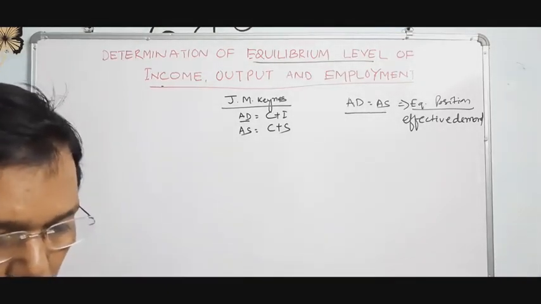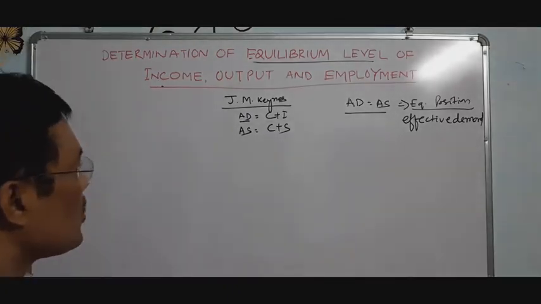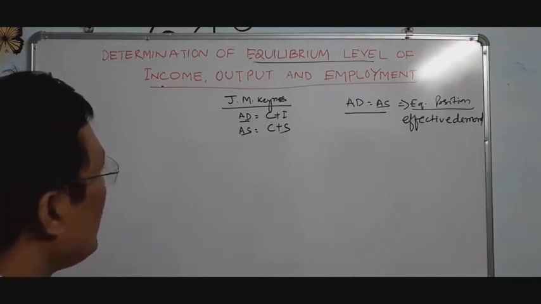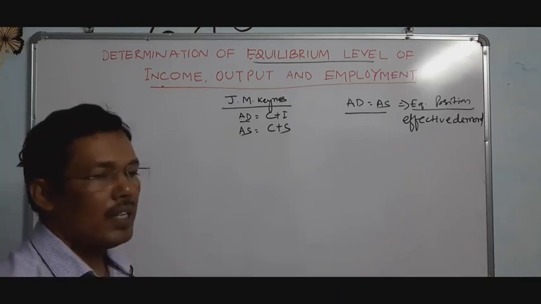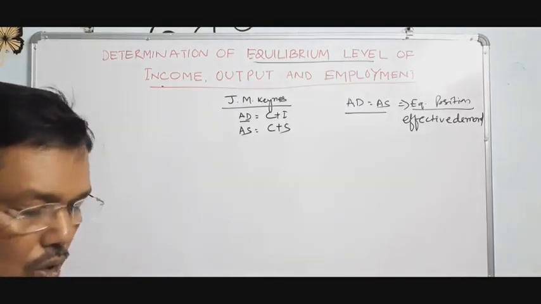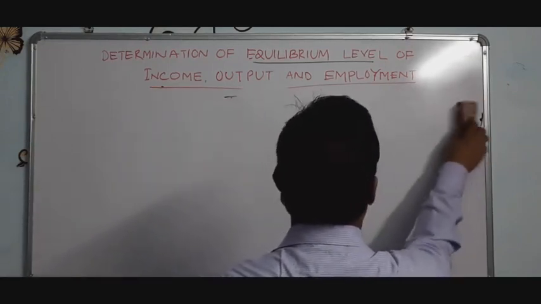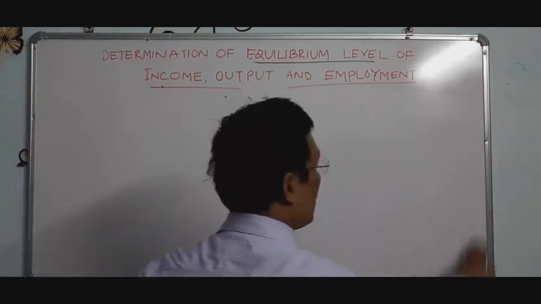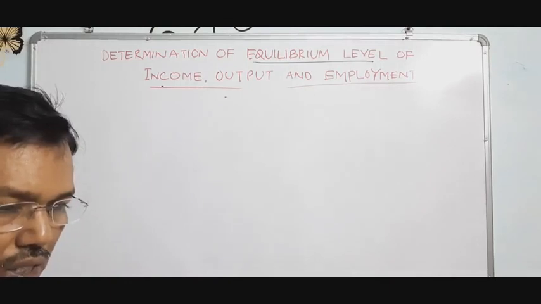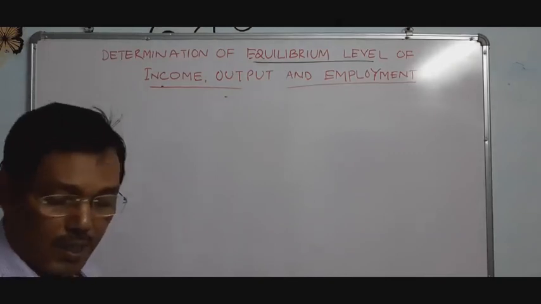So John Maynard Keynes says that the equilibrium position of income, employment and output can be determined where aggregate demand is equal to aggregate supply. Dear students, we have already known the components of aggregate demand and aggregate supply. Aggregate demand is the summation of consumption plus investment, and aggregate supply is the total of